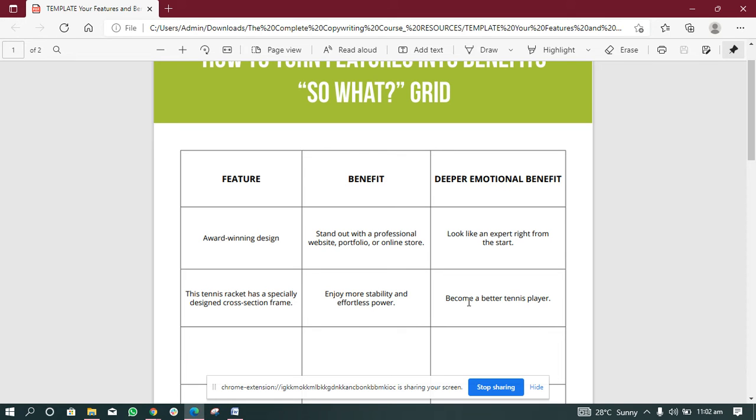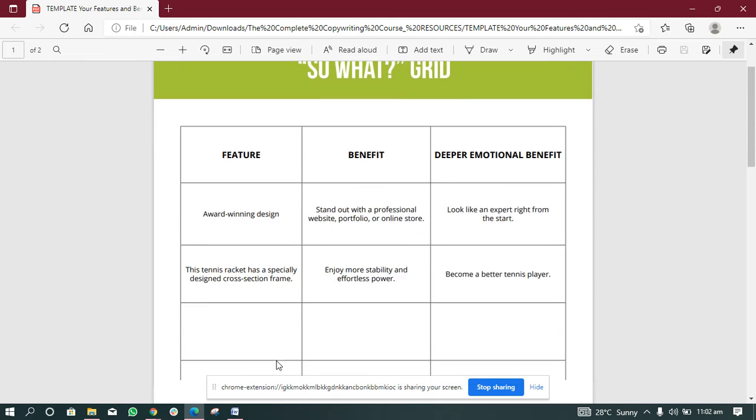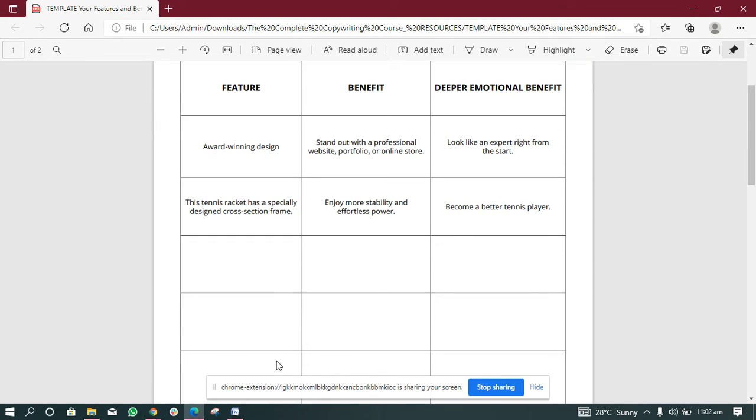Okay, now let me take some examples from our own businesses that we have. Let's say you sell smoked fish, and one of your features is oven dried. What's the benefit of oven drying it? The benefit of oven drying it is, number one, maybe you don't want smoke to be attached to it or sand to be attached to it.